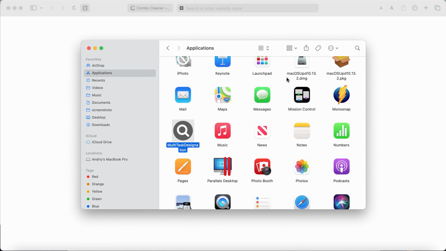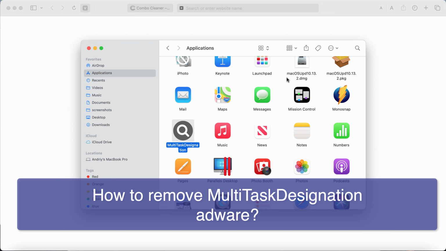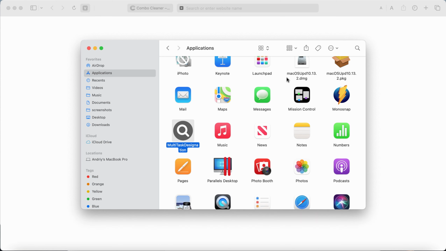My video is about getting rid of the adware called MultiTask designation. MultiTask designation is the adware that belongs to the Adload family. This particular adware attacks Mac computers. The adware, once installed, may periodically display a tremendous portion of really intrusive advertisements not related to the sites that